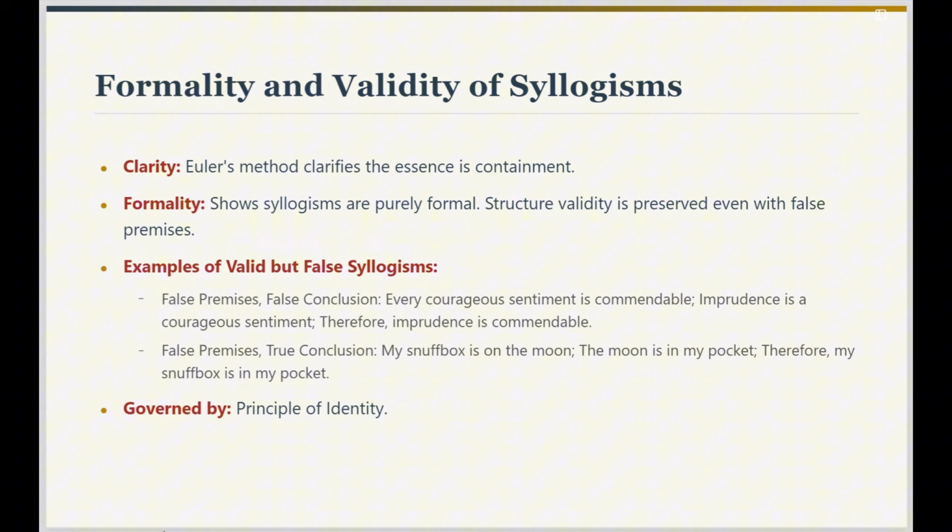Or: every rat eats lard. Rat is one syllable, therefore a syllable eats lard. True premises, false conclusion. What governs this formal structure? It's the principle of identity. The conclusion essentially repeats information already present in the premises, just rearranged. It doesn't add new factual content, just extracts what was implicitly there.